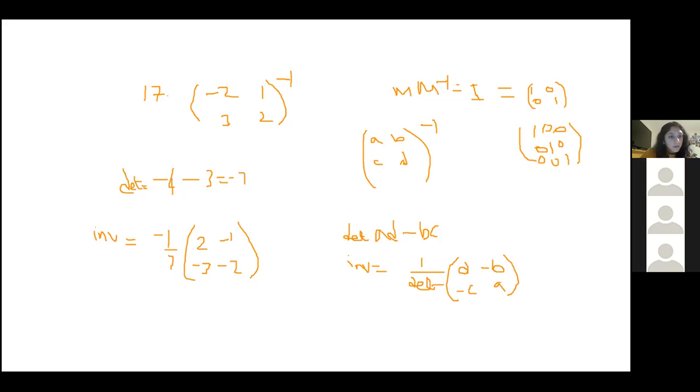There's a question: is it 1 over the determinant or -1 over the determinant? It is 1 over the determinant, but since we had a negative determinant, I just wanted to make it look nicer, and I put the -1 at the top. It equally could have just been 1 over -7. The convention is normally to not have a negative in the denominator, which is why I wrote it that way. I apologize if that confused you, but yes, it is 1 over determinant.